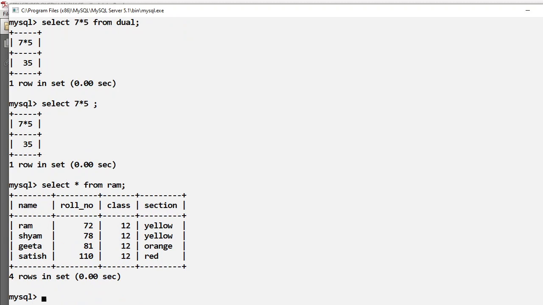So what I will do, I will write select roll number, comma class multiply 6 as, and here I am doing calculation on class because we know that class is an integer type, and I am multiplying class by 6, and the result of that calculation will be stored in one new column.